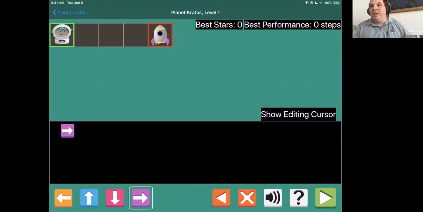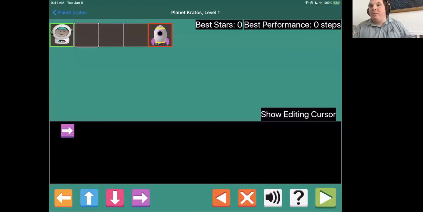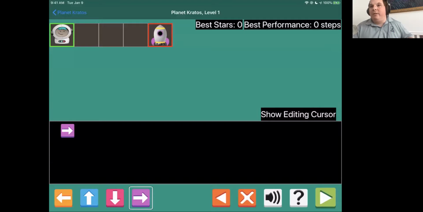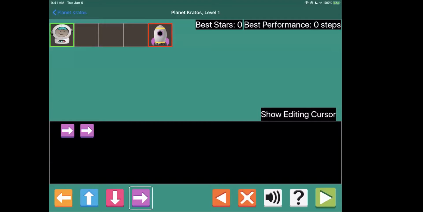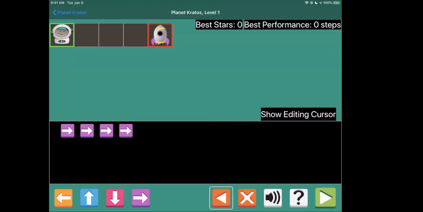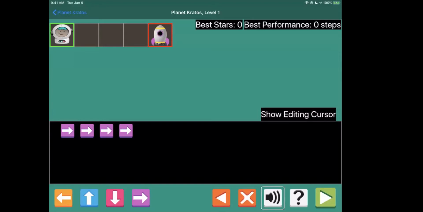Now if I touch up here: Empty, row 1, column 3. Empty, row 1, column 2. I haven't moved him yet because I haven't told him to move. But in my head, I would say, okay, he's at row 1, column 2. So I'm going to hit right again. Right button. So that would be 3. We're going to hit right again, 4 and 5. Now I just want to go ahead and read that, just to make sure I'm right. Erase button, erase all button, read commands button.